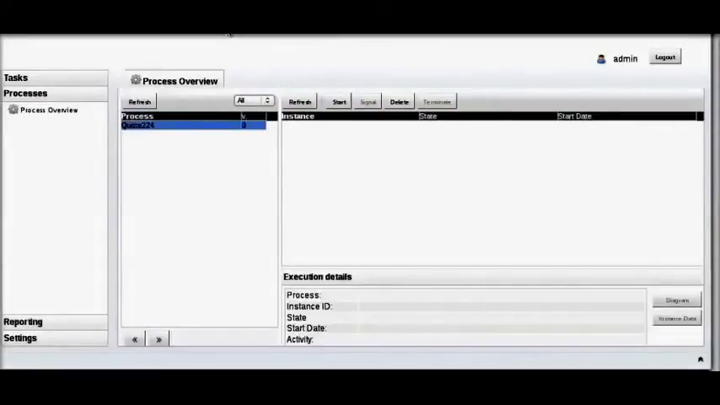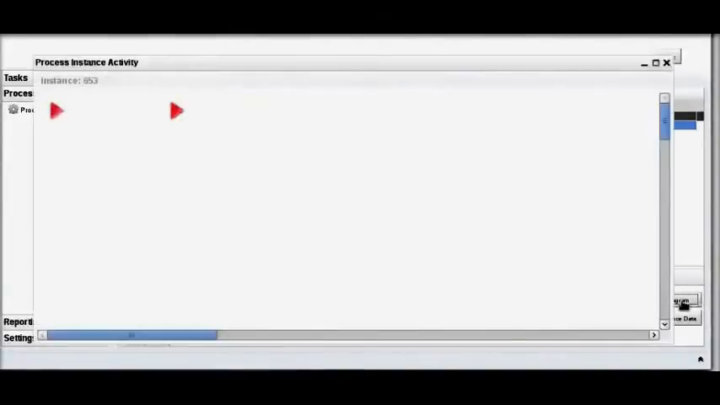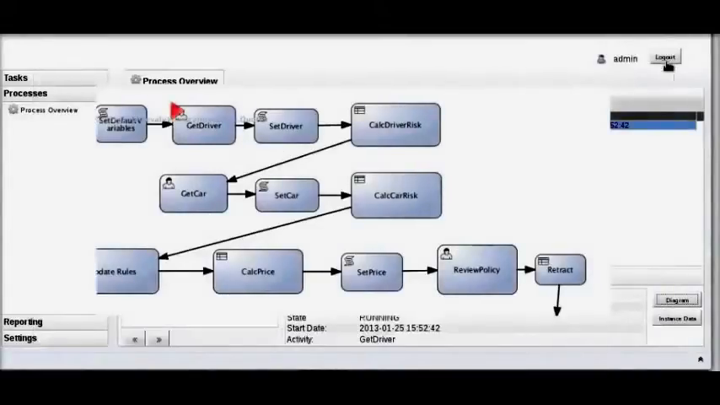If we switch to the Business Central application, refresh the process that you see running and bring up the diagram associated with that process, you will see the process is now in that stage called get driver, indicated by the little red triangle. So we're in get driver, we've collected information about the driver. Switching back to the web interface,